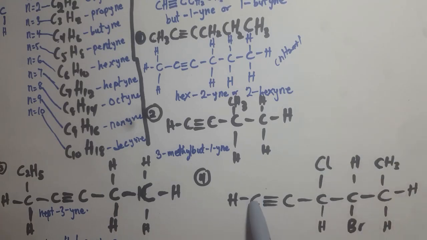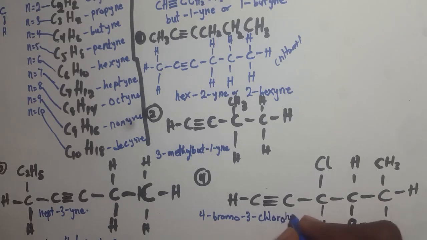Since this is our starting point, 1, 2, 3, 4, it's going to be 4-bromo, 1, 2, 3, 3-chloro. You realize that anytime I have a number and a letter, a hyphen comes. So 4-bromo, 3-chloro,